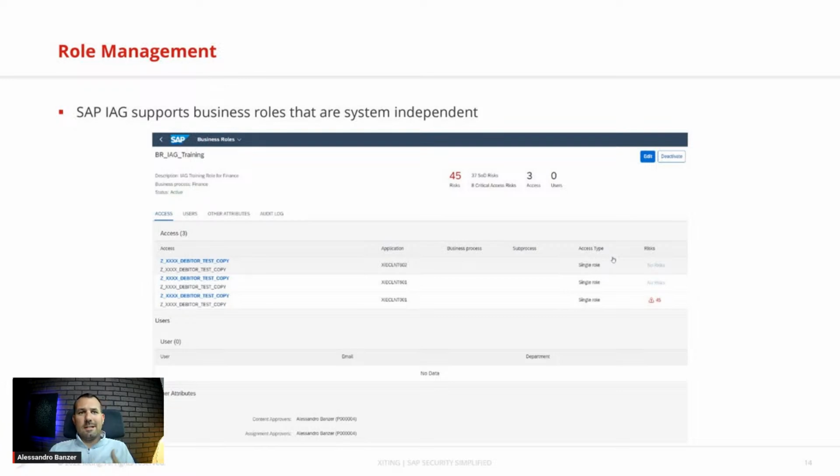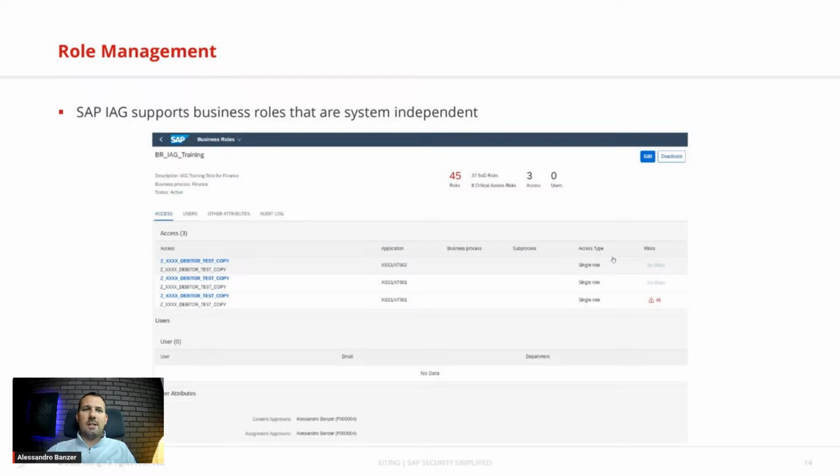It's very important, and that's for all IAM applications, not just IAG. It's the same for access control, and the same for IDM, also for non-SAP IAM solutions. Business role mining is a big topic, to combine them and build them properly, so users have an easier way to find the correct access and are able to request the proper access. That's obviously something that IAG can do. We have that capability, and it's very straightforward.